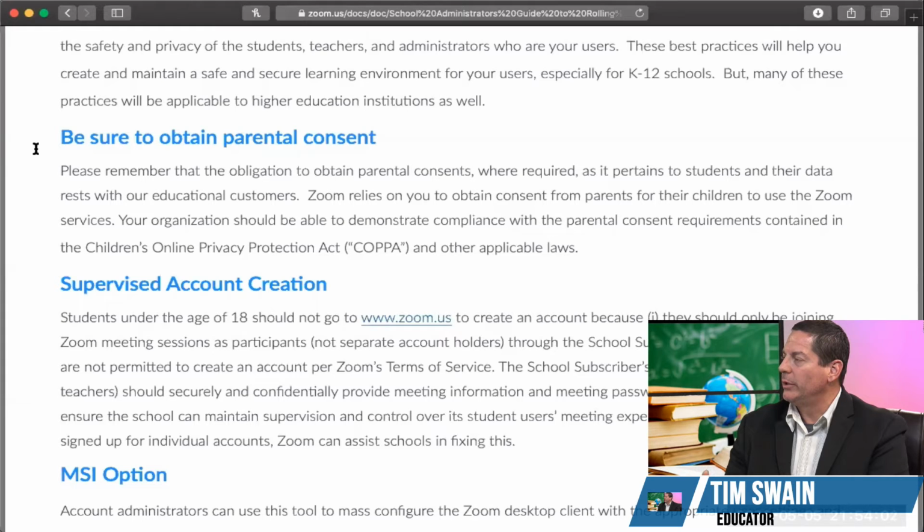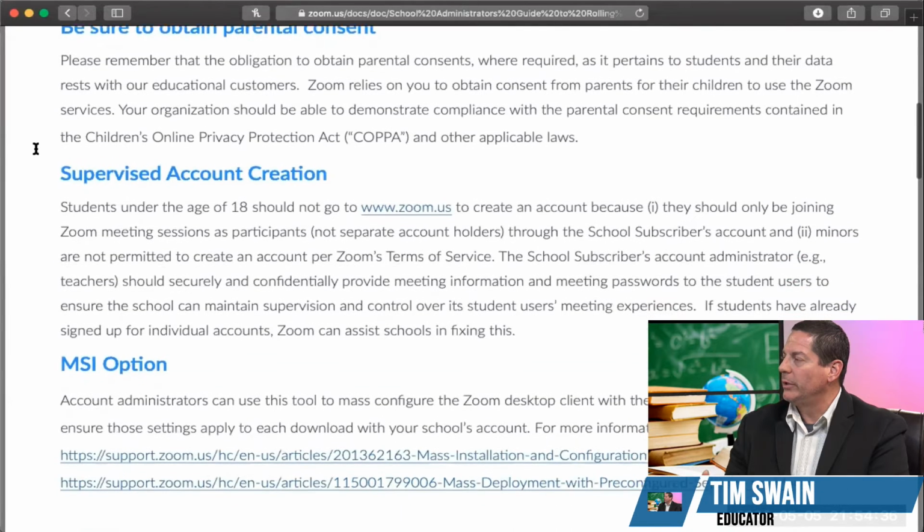It's basically your job as a teacher to obtain that additional parental consent. There are a lot of laws when it comes to child online privacy protection. And as you can see right there, there's the Children's Online Privacy Protection Act, and there are other laws that require parental consent for minors, students under 18, in these types of settings. So please make sure you get that. I can't stress that enough. Also,